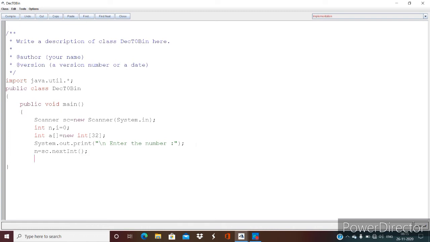Now we start with the process. Now what we are going to do, we are going to divide the number by 2 and store the remainder in an array. Now which position of the array? The position of the array will be indicated by the variable i.